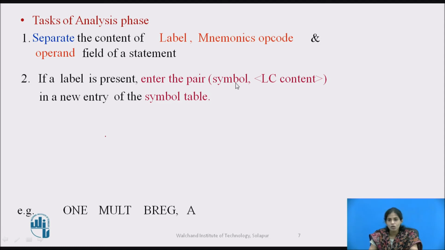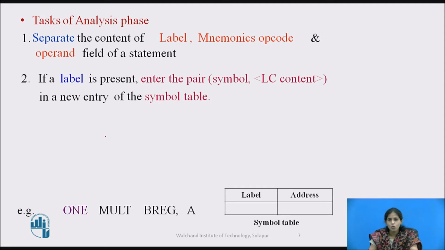In the symbol table there are two fields: the symbol and the corresponding location counter content. It enters that symbol and the corresponding location counter content as a new entry in the symbol table. So here one is the label, and this label is entered into the symbol table. The label name is 1, and the address is the corresponding location counter content,